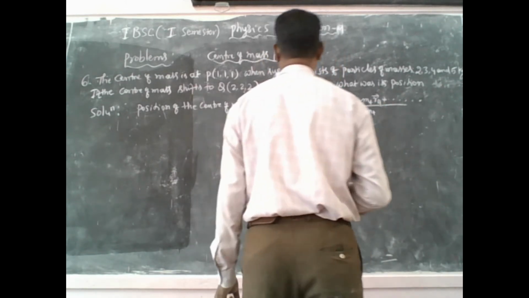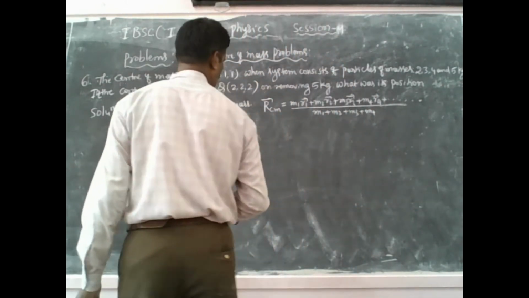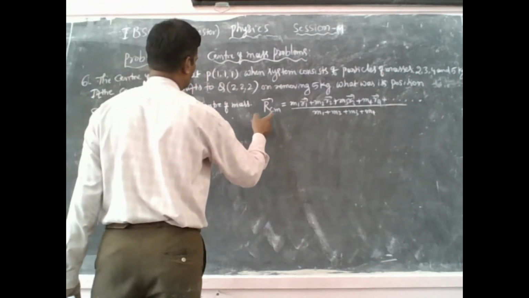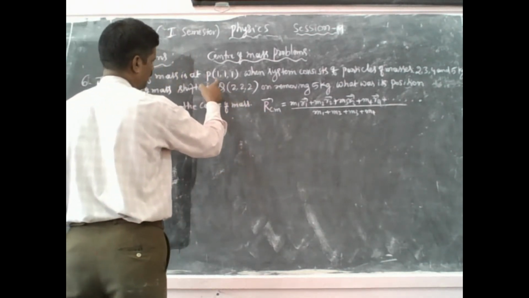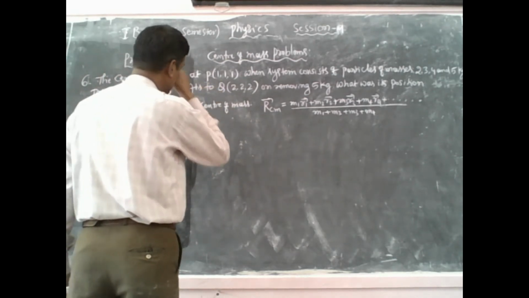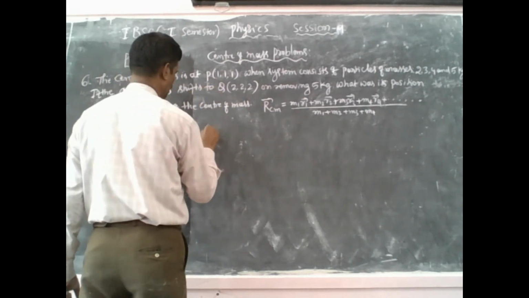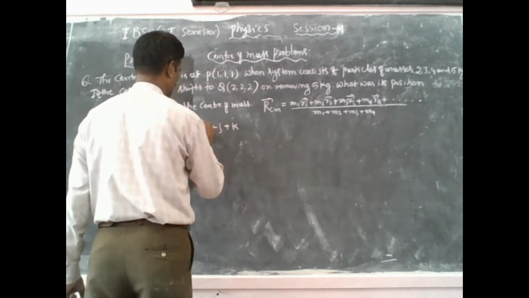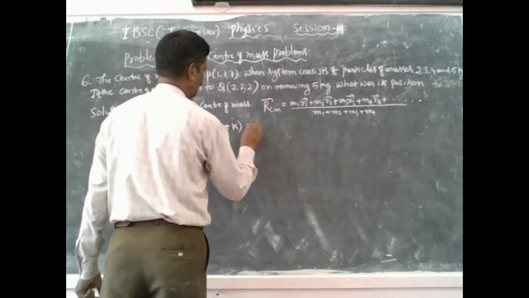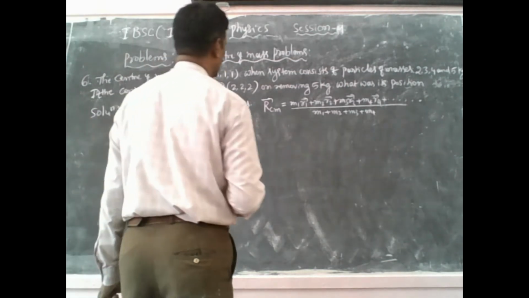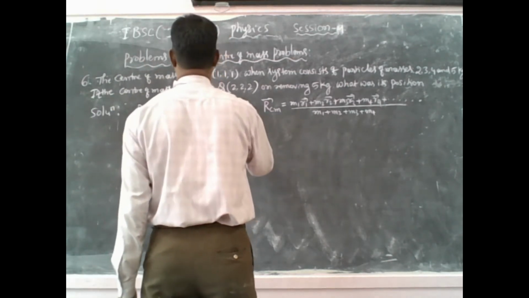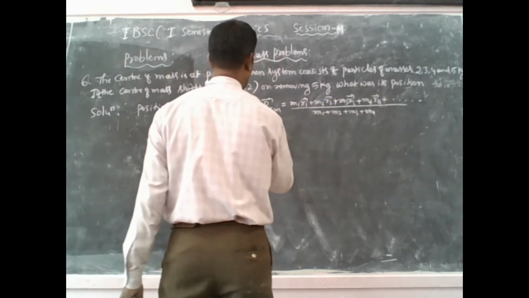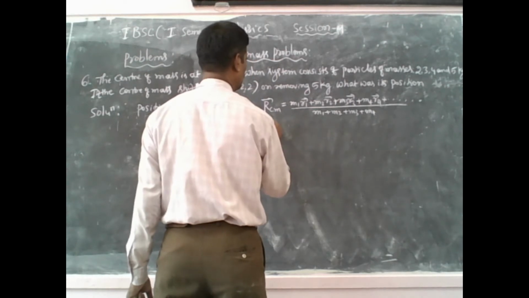Isn't it? Now we know that RCM at point P is I plus J plus K, equals, with M1 equal to 2 kg, 2 into R1